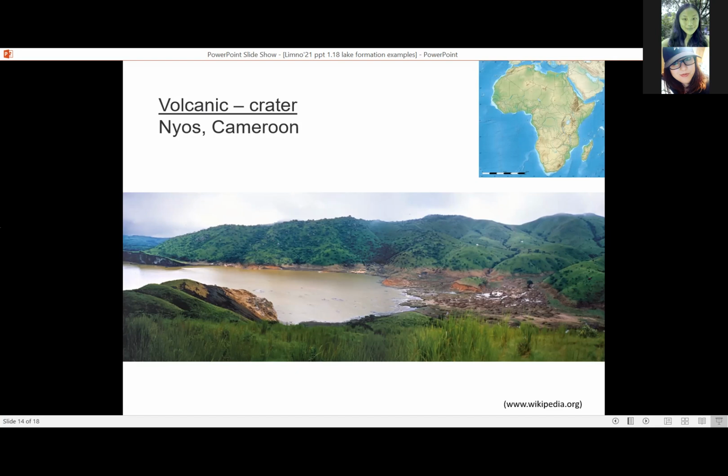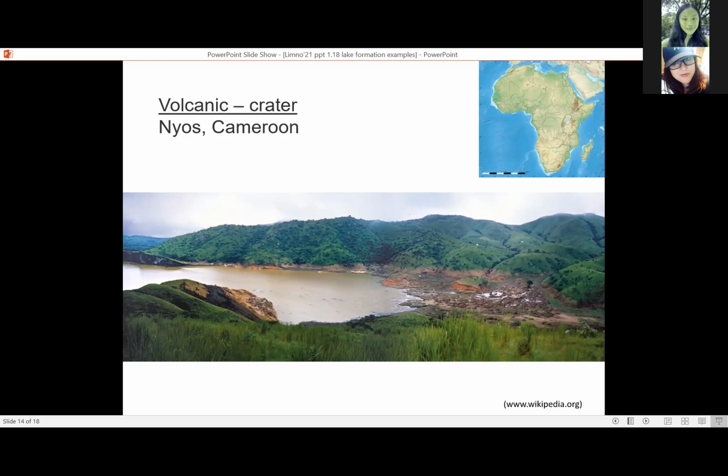So this is a very deep lake. It's so deep it doesn't mix top to bottom. It doesn't have a very large surface area compared to how deep it is. And so the bottom water never mixes. And it's so deep that the pressure is so high that the carbon dioxide is dissolved in the water. And the problem was when something disturbed it so much that some of this bottom water with carbon dioxide dissolved in it got lifted up